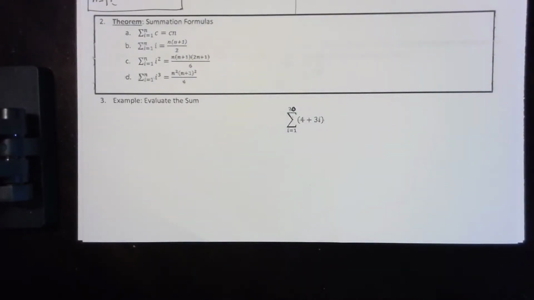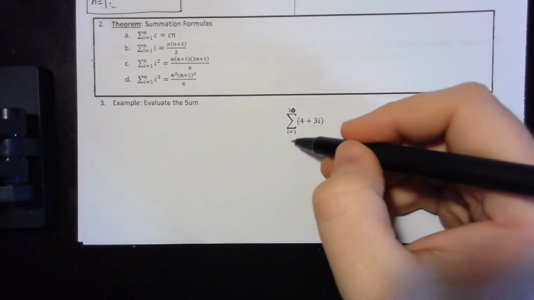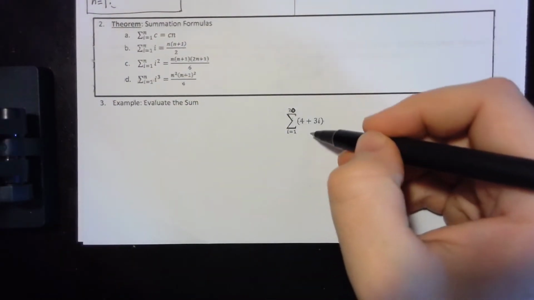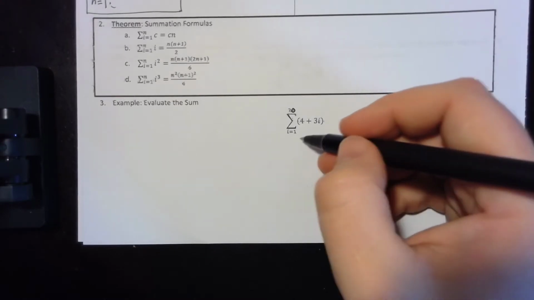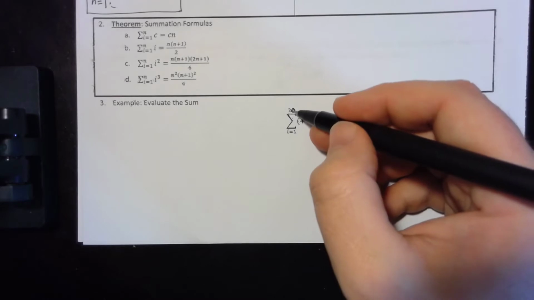In this video, we're back to using the summation formulas from the previous examples. Now you'll notice I'm going to start at i equals 1 and go up to 20. I'm going to have 4 plus 3i. If I look at this very carefully, the fact that I start at 1 and end at 20